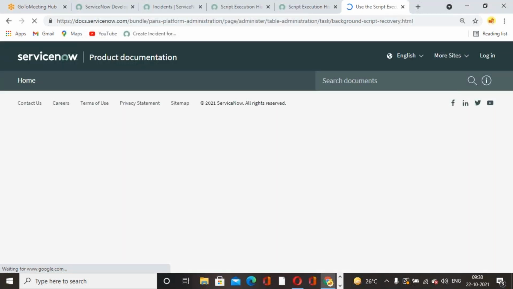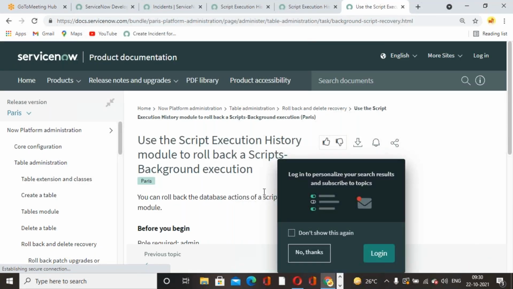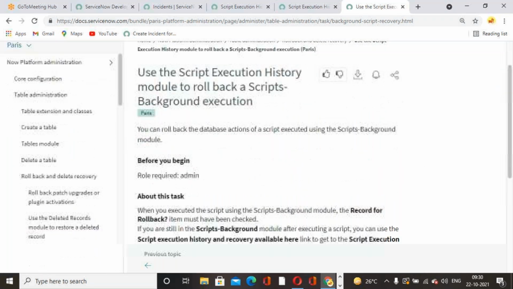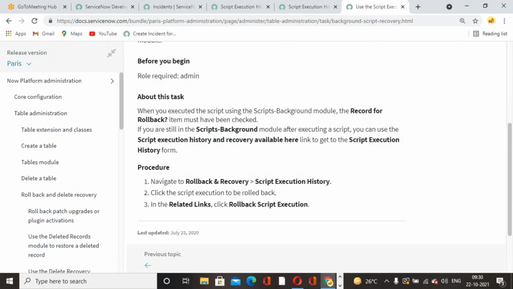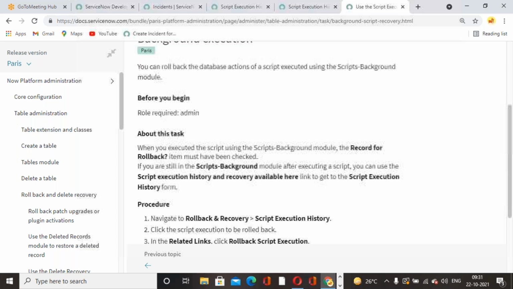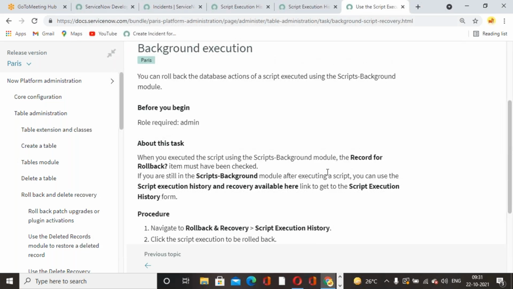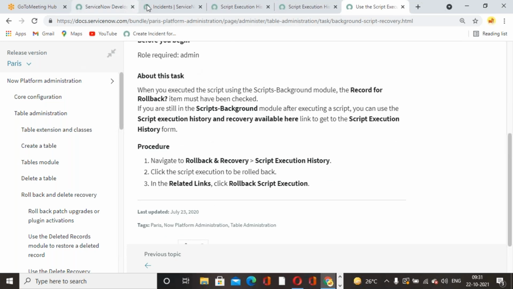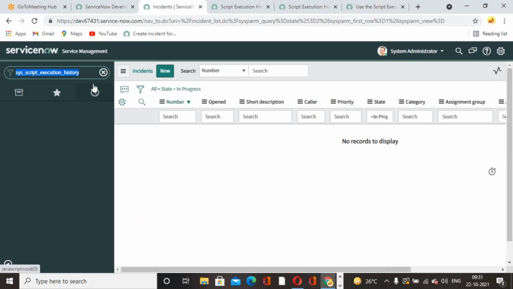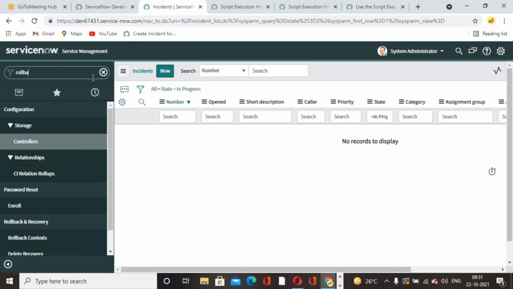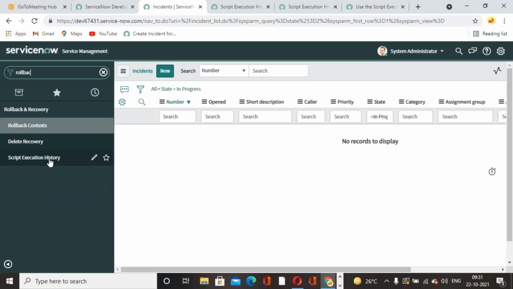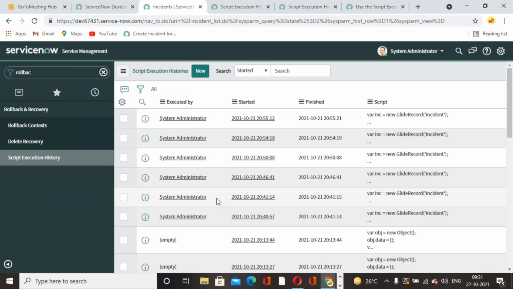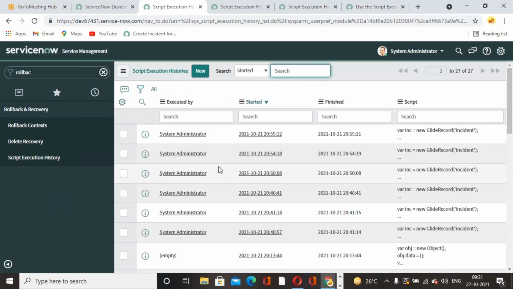Use the script execution history rollback module. That table name we can get directly from the product documentation. Go directly to the module, Rollback and Recovery, and Script Execution History. Same table, right? sys_script_execution_history. Okay,